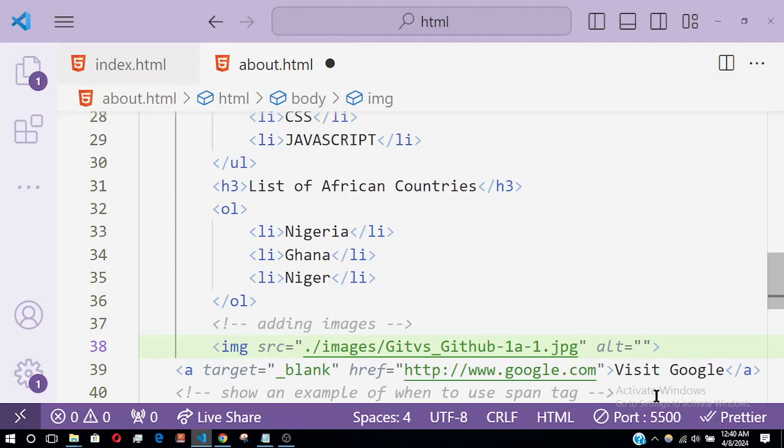And this is very, very important for two reasons. Supposing this part here is wrong, it's not going to show a broken image symbol and the description. Then for screen readers, it's now going to use whatever you put in this alt to describe the image for the user. So I'm going to put here